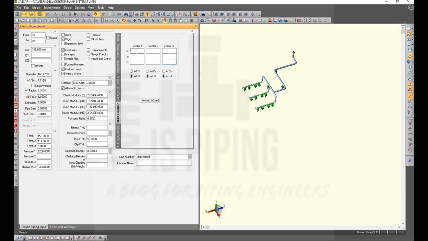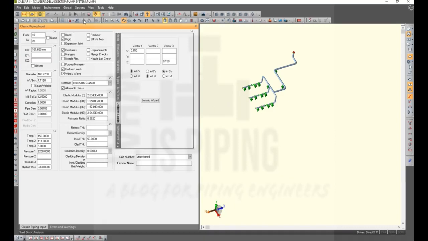Let's assume that the seismic coefficient value is 0.15 times G. So in X we are defining 0.15, and in vector 3 we are defining 0.15 in Z. These both are in G, gravitational, and it will calculate its values based on pipe weight.